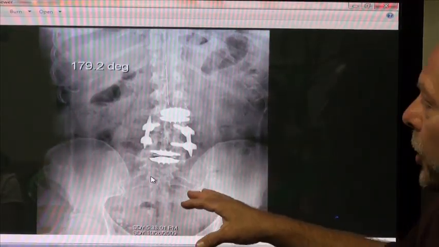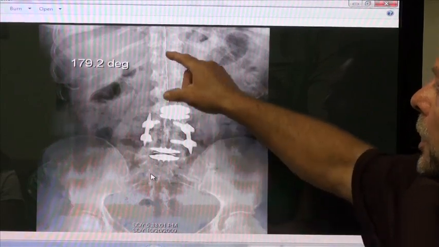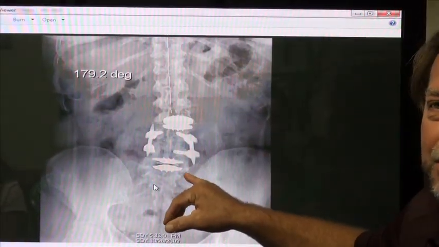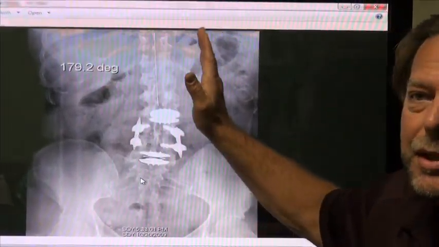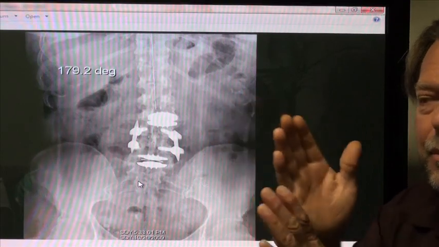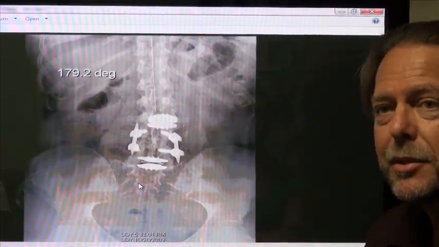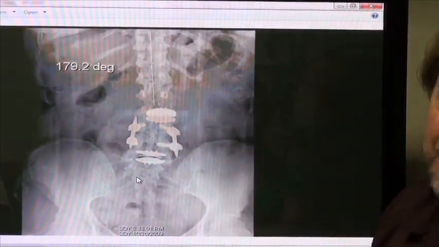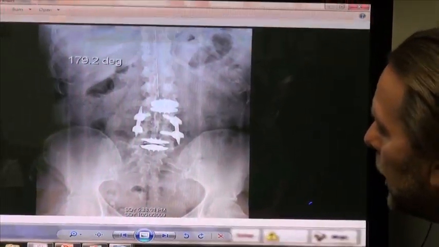So what we do with her, you obviously can't adjust where the surgeon did his work, but we can distract this area, and again, we're going to apply pressure in the convex portion. We give her exercises for the paravertebrals to increase the more appropriate firings of those muscles. You don't want to relax a muscle. Since the nervous system controls those muscles, you want it to fire off correctly. Now, when we look at the patient we're going to be working on right now,